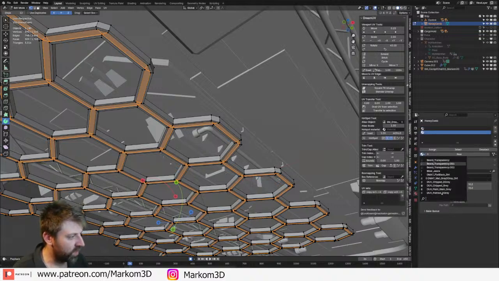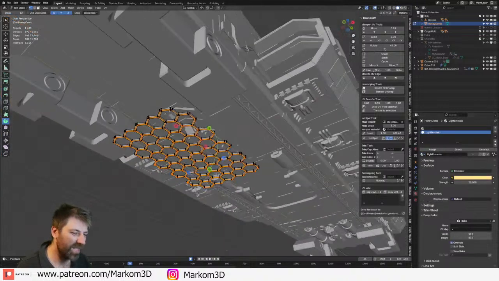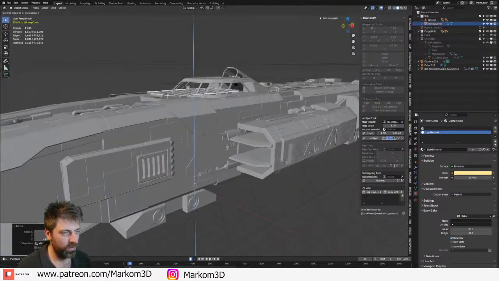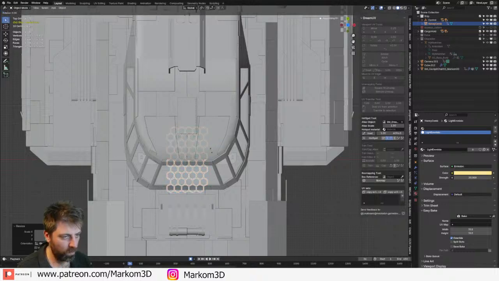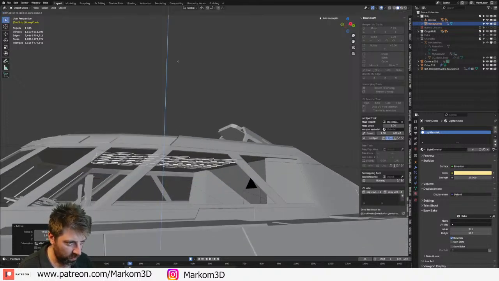We'll add 2 materials in, and one of them is going to be emission, light. Strength 20, I think, might be a little bit too much. Bring it into there, and this is going to sit on the roof.